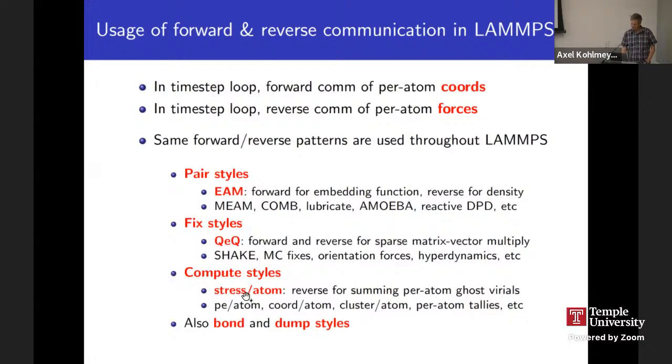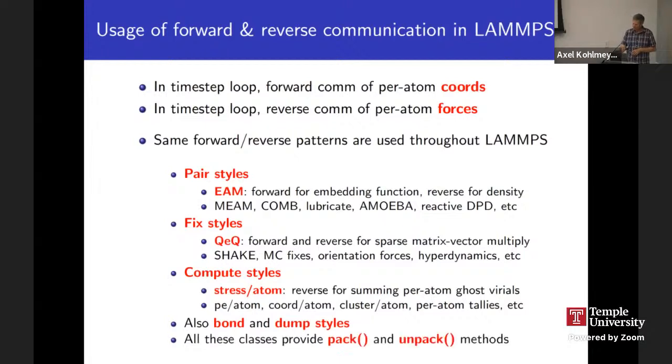In computes, imagine you're computing the stress per atom. Well, that's done with F dot R, but you need to sum up in the reverse effect. In a reverse context, you need to sum these little ghost atom virials, the virials that have been computed on ghost atoms. You need to sum their effect back to the owned atoms, so that reverse communication happens in that compute style. Similarly, for potential energy per atom, a coordination number per atom, cluster factors per atom tallies, those are done in a way that puts information on ghost atoms that needs to be accumulated back to home atoms for the compute to produce its final